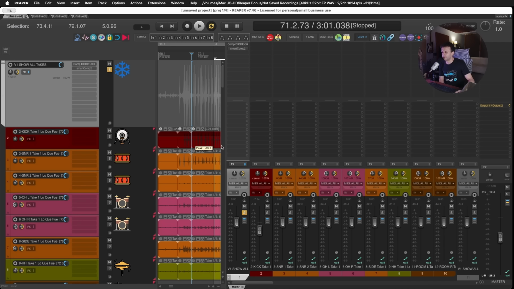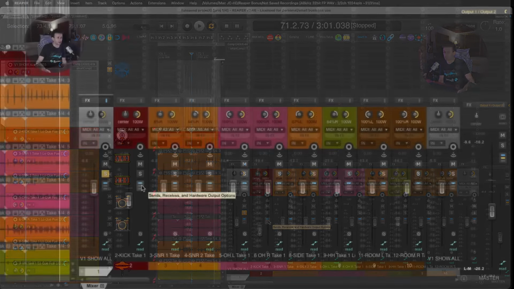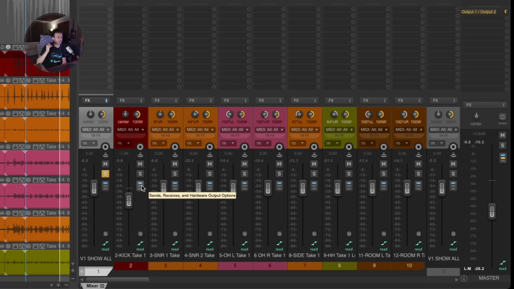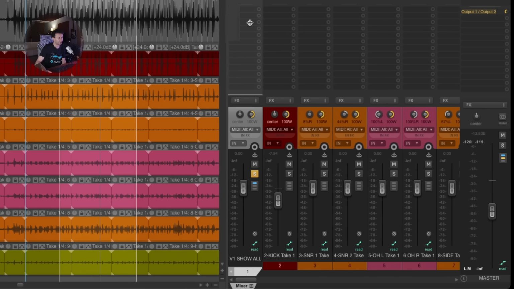Because if I unfreeze the track, you will see that the main difference is that this blue icon on the tracks means that the track is being sent to the folder that contains it, and this one is being sent to the master track out. Whenever I freeze it, see that that assignment is going to be removed. So I'm going to freeze it with my icon, and the parent send has been disabled, but I still have